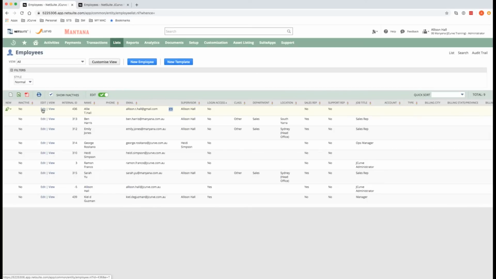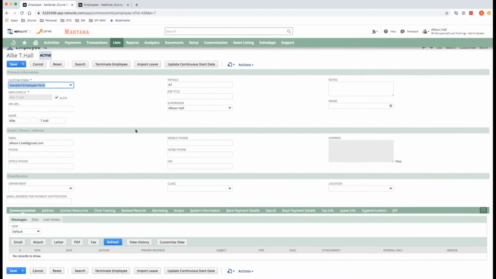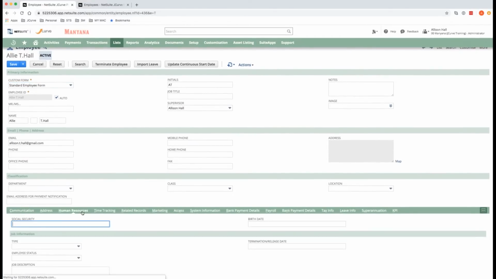which is just a variation of me for test purposes. So we'll click on Edit. Okay, now this is an employee record, obviously. It's defaulting to my standard employee form. Obviously, there's key information that needs to be included on an employee record, things like emails, supervisor, etc. We won't go into all those details now, but I do just want to show you on the Human Resources tab